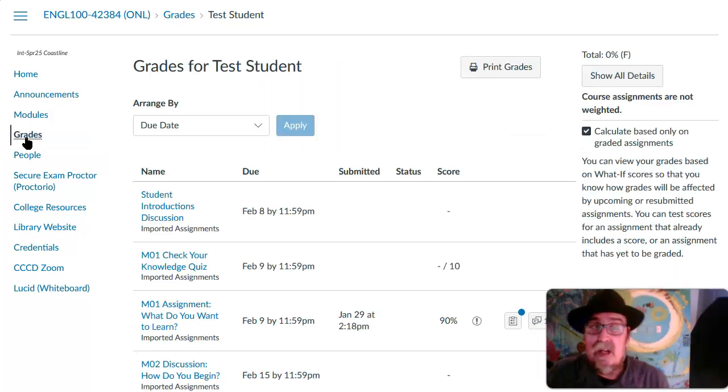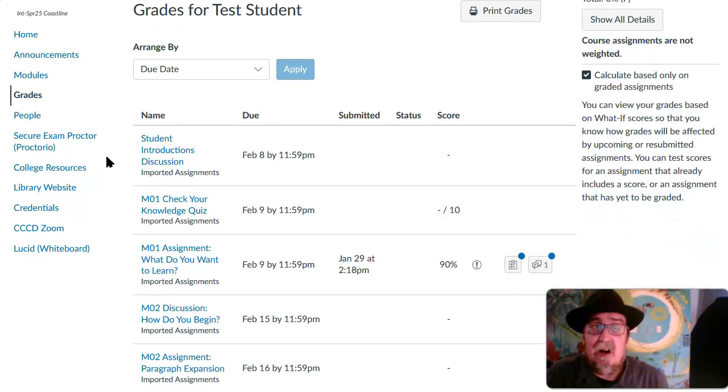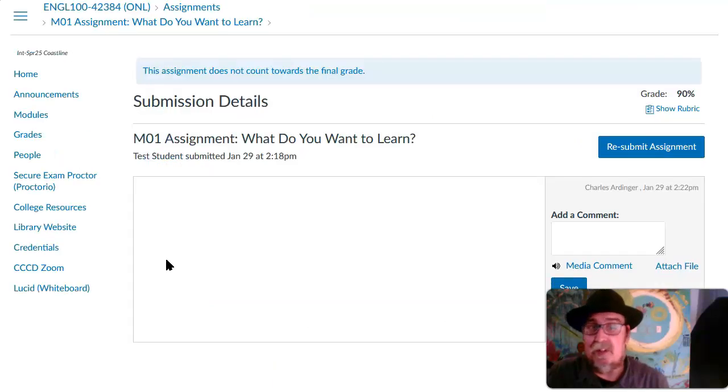And you'll notice on this page there are assignments arranged by their due date. And in fact, I have posed as a student to fill in this particular assignment so that I can grade it and show you what that looks like. So, to look at a particular assignment, click on the assignment's title, and you will see a page that looks like this.